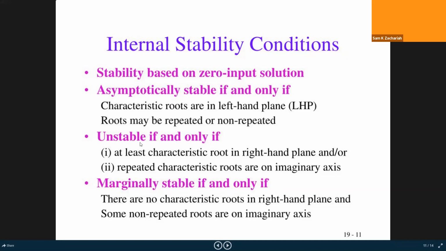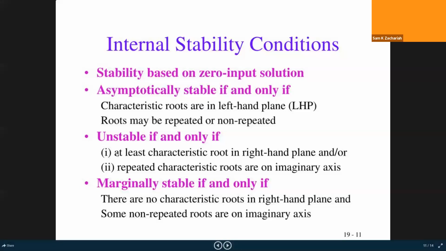Then unstable. So we are now defining not the BIBO stability. It is another classification of stability which takes care of the internal cancelled cases also. So without cancellation itself we are handling. It can be asymptotically stable, it can be unstable, it can be marginally stable. Asymptotic stability means all the roots of the denominator without any cancellation should be in the left half of